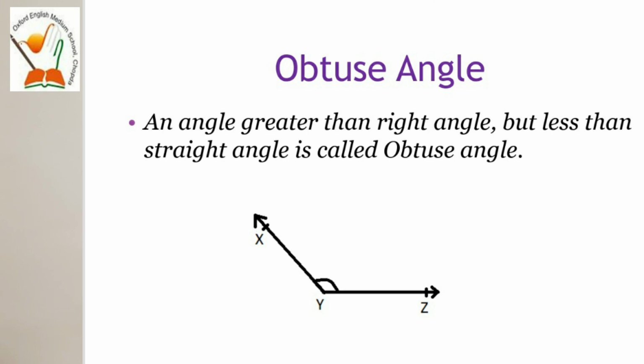And when the angle between the two rays is greater than 90 degrees, then that type of angle is called an obtuse angle. See in this figure of angle XYZ, we have ray YZ and ray YX. These two rays have one common endpoint, that is Y. So at the point Y, we have an angle which is greater than 90 degrees. So this angle is called an obtuse angle. When the angle between two rays is greater than 90 degrees, it is called an obtuse angle, we know that.